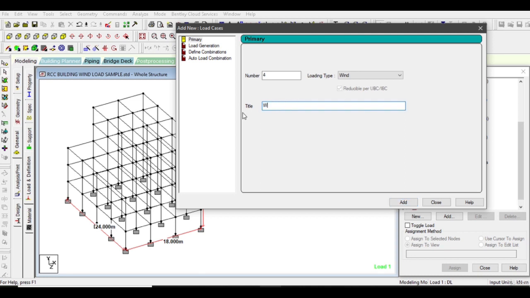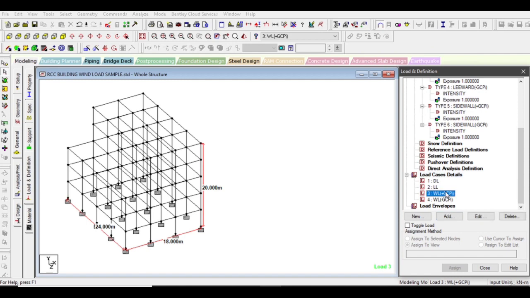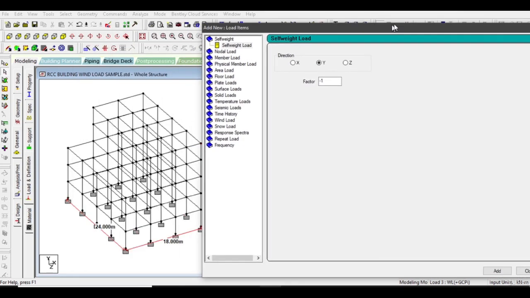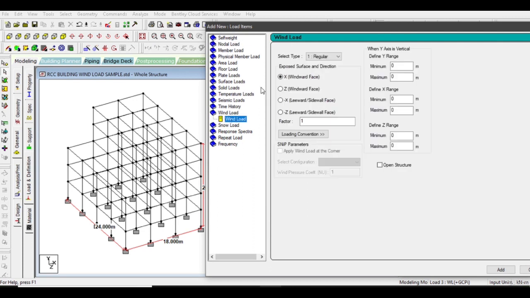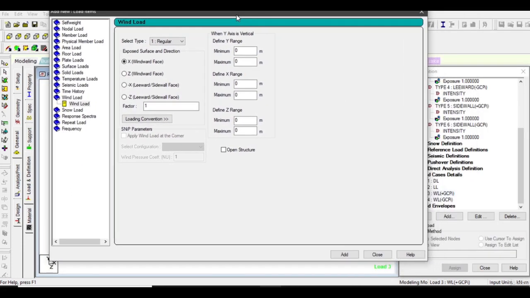And then the second shall be wind load with minus GCPI. So for the plus GCPI, we left click on add here, and then we left click on wind load. Here we can see that all 6 different types of definitions are available. So if we first want to go ahead with the options with plus GCPI, we go ahead with type